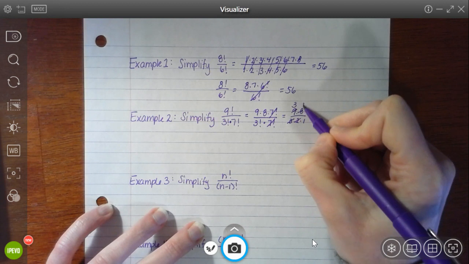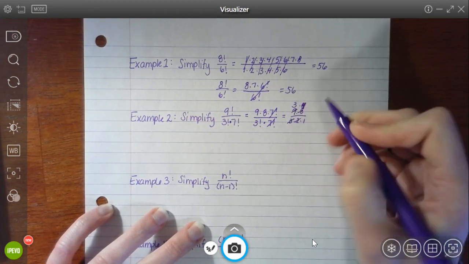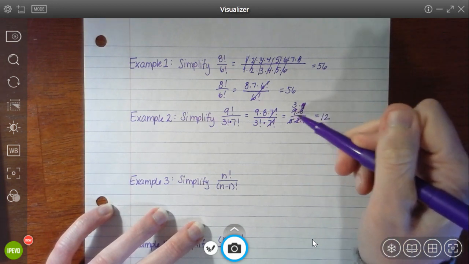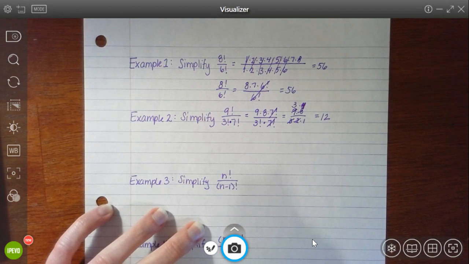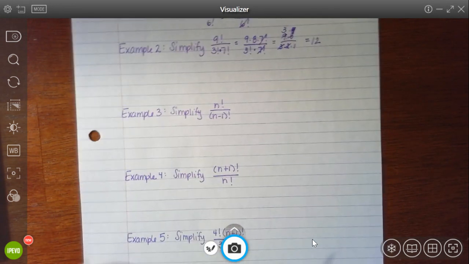2 goes into 8, 4 times. So then 3 times 4 would give me my final answer of 12. I could have also multiplied and done 72 divided by 6 and received an answer of 12 that way as well. All right. Now, sometimes as you're working through these, you might encounter some factorials that have variables instead of